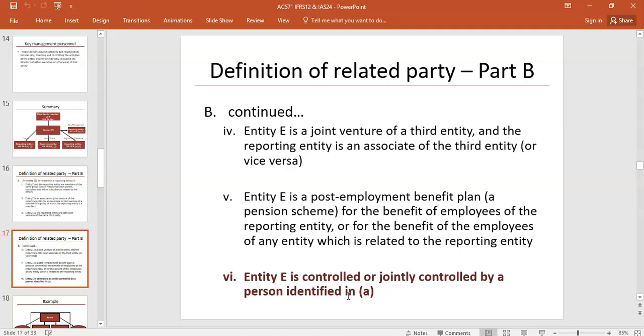So for example, if your wife owns entity E and you own entity X, by definition your husband and wife are seen as the same person in IAS 24, they are related parties because there's communal ownership. Even though they're not in the same group structure, because there's no communal parent, they have the same owners in the eyes of IAS 24. So we'll just show some examples. It's probably the easiest way to bring it down, but then this is all about disclosure. So in an exam question, you might have to say, are these related parties? And you might have to figure out what has to be disclosed or what doesn't have to be disclosed